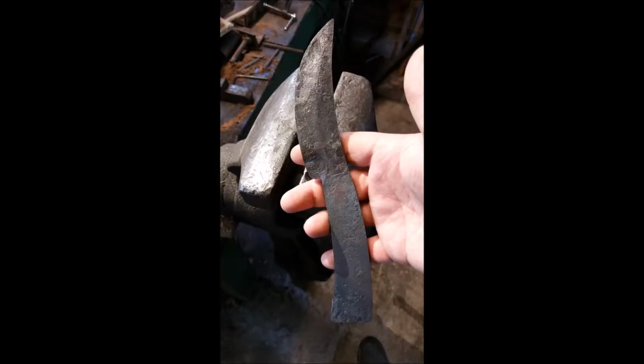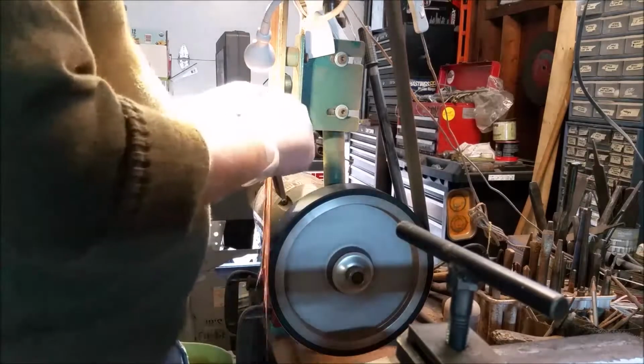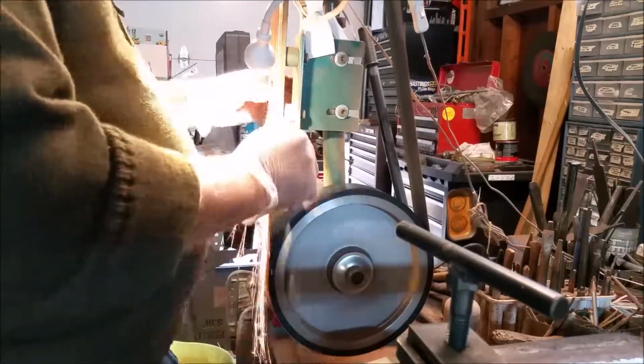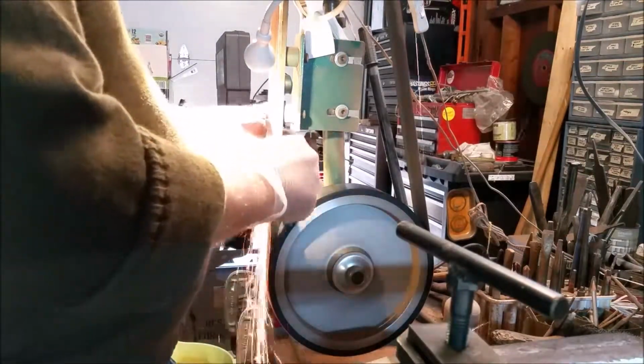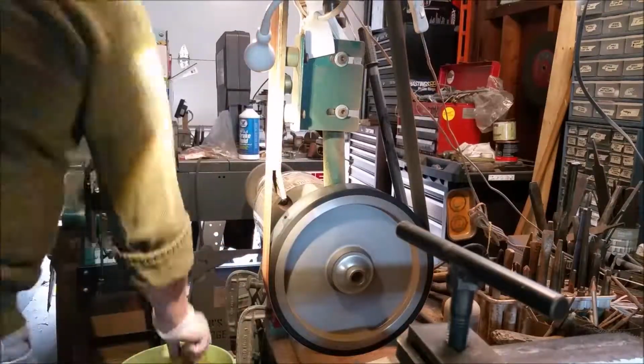And here's a look at the knife after some filing and grinding on the profile and having to heat the handle a little bit to soften it back down. And here I am taking the tang to the grinder to help flatten it out. And I'm just trying to go as gently as I can,